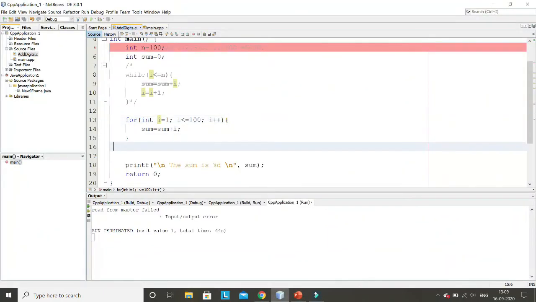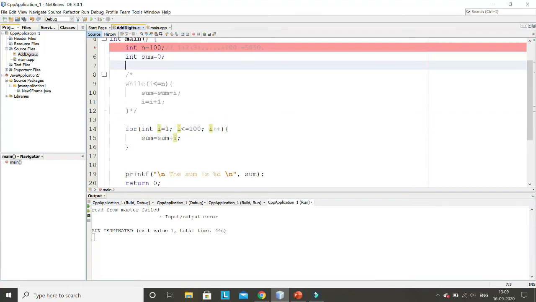So there are three statements inside this for loop, we can say. This is the first statement, and then after a semicolon there is another statement, and there is another statement here. So there are three parts inside this for loop expression. The first part is initialization, meaning the initial value of i should be 1. If you remember, when I explained the while loop, there was a variable like this, integer i equal to 0. That means initialization was before the start of the while loop, right? But this is not required here. In the for loop, this first part is for initialization. Now I am initializing i equal to 1.